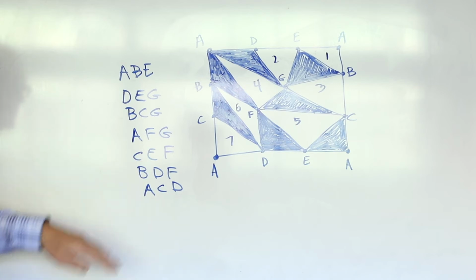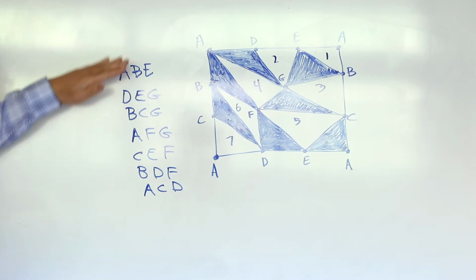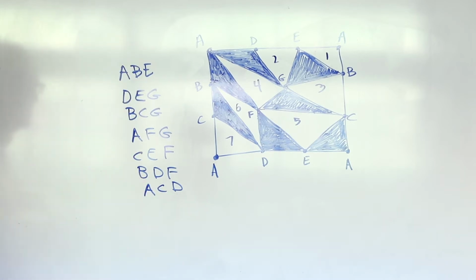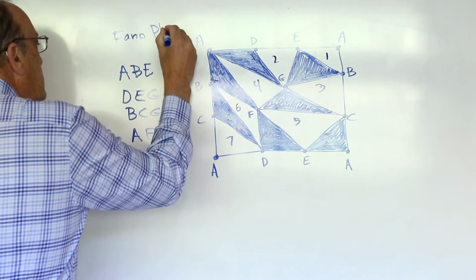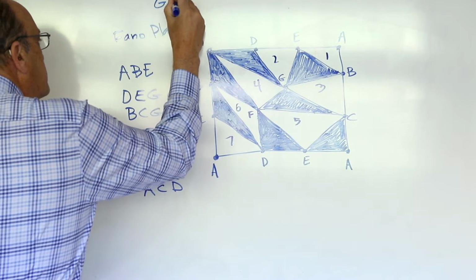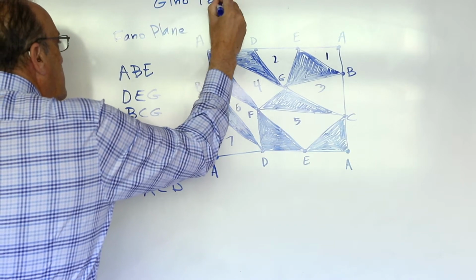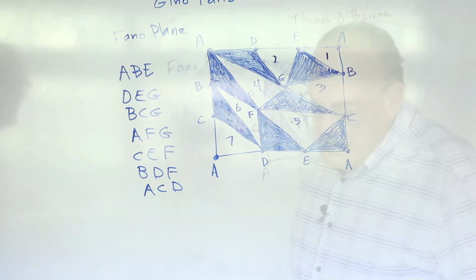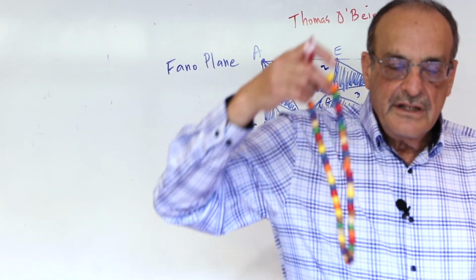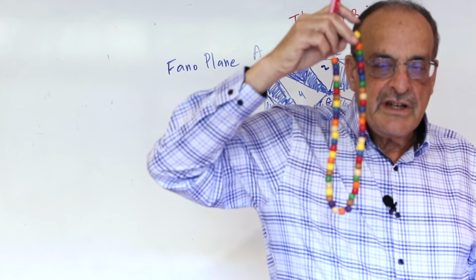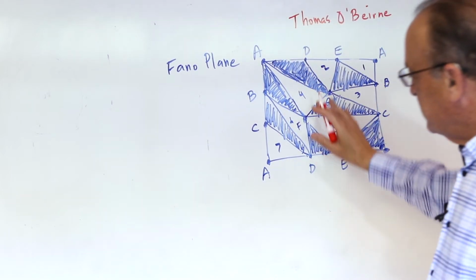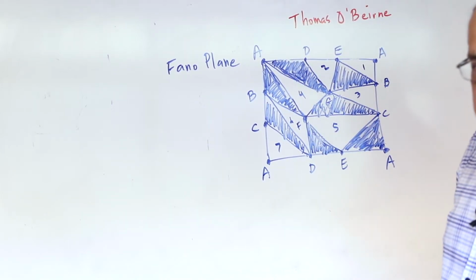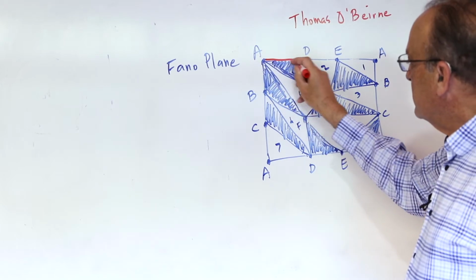So each one of the 21 possible combinations of 2 occur on a line in the 7 lines of the Fano plane. And so this is called the Fano plane, named after Gino Fano, an Italian mathematician. Remember, we're going to try to make a bead necklace with 56 beads, with every combination of 3 colors occurring once. Here we're going to use this to make a bead necklace that has only combinations of 2 colors. We can go like this: A, D,